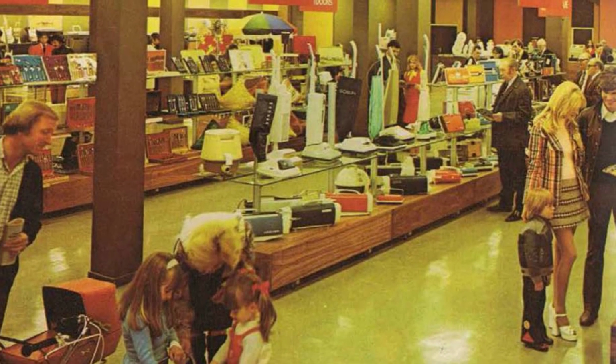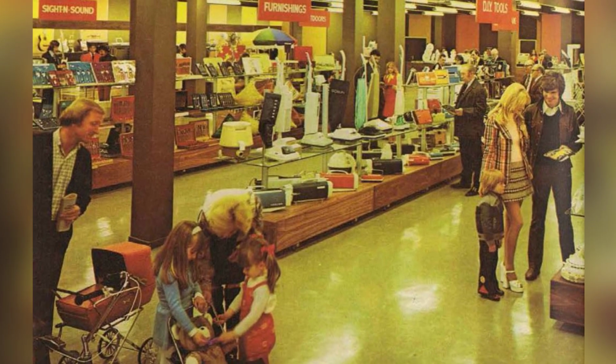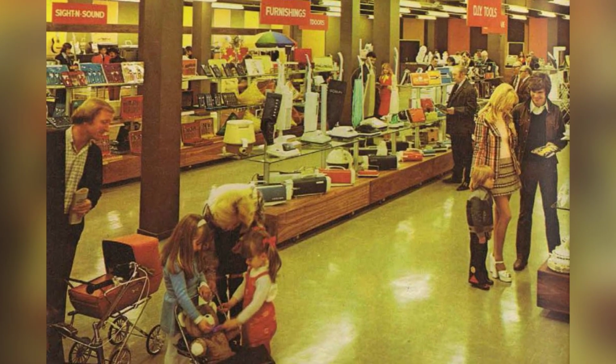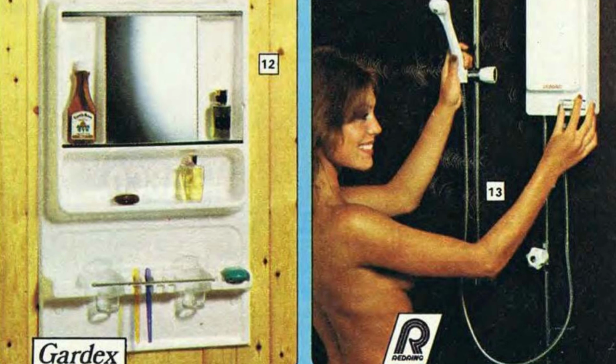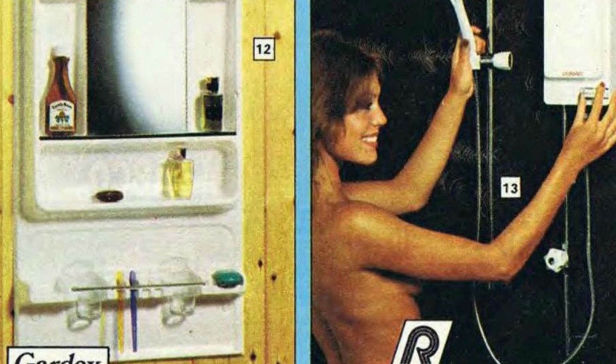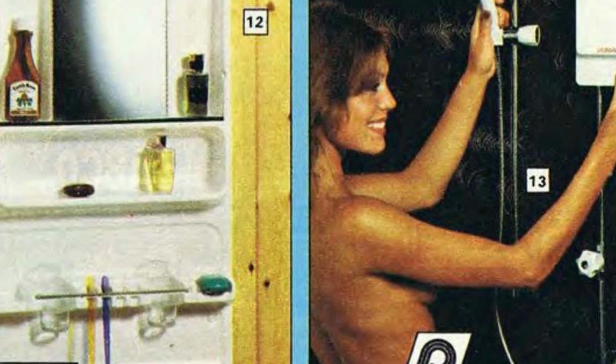If you have heard of Argos, then you must be a fan of retro catalogs and interested in the fashion and lifestyle of the late 1970s and early 1980s. Do you remember flipping through the pages of Sears or J.C. Penney catalogs and admiring the models as a teenager? If so, you are in for a treat as we take a trip down memory lane with the Argos catalogs